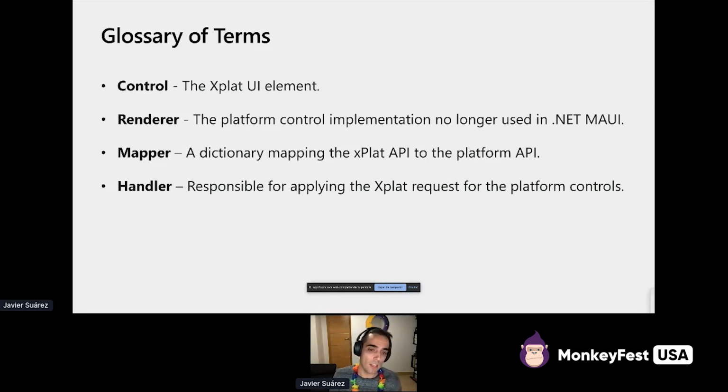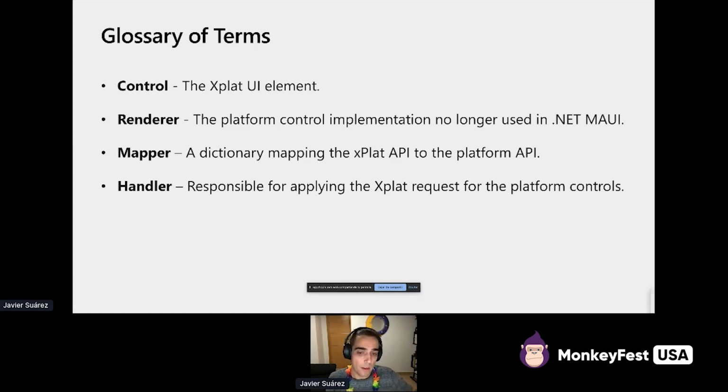First of all, the control. The concept is the same between Xamarin.Forms and .NET MAUI. It is the cross-platform UI element, for example, a button or a label. The definition is the cross-platform UI element that we are going to use in .NET MAUI, or the element that we have been using in Xamarin.Forms until today. In Xamarin.Forms, we have the concept of the renderer, which is at the end the platform implementation of the control. This concept is no longer used in .NET MAUI because we are going to use the handler concept, which at the end is responsible for applying some cross-platform requests to the platform control, and who will orchestrate and manage